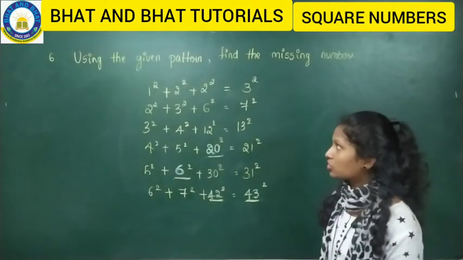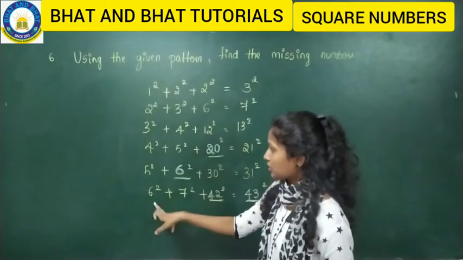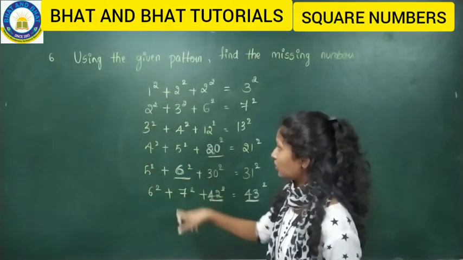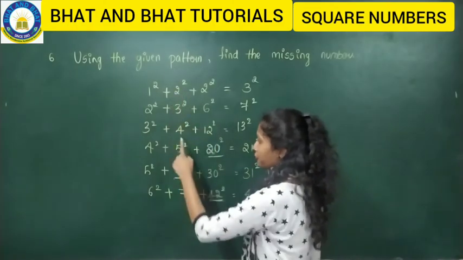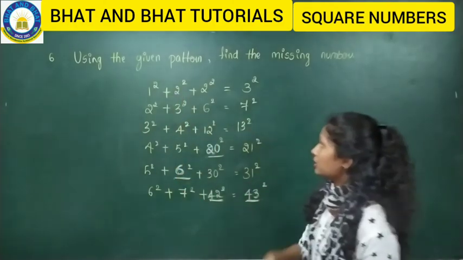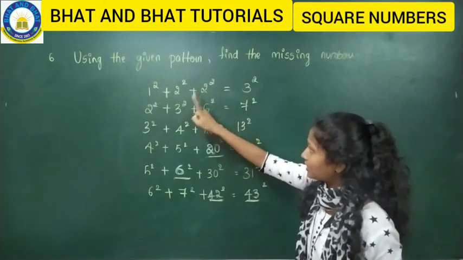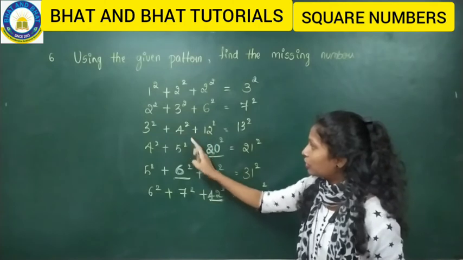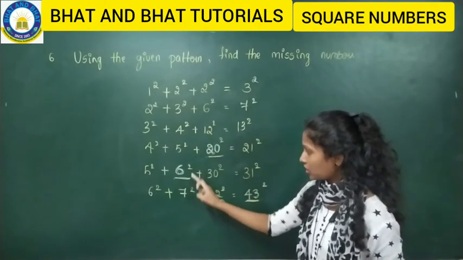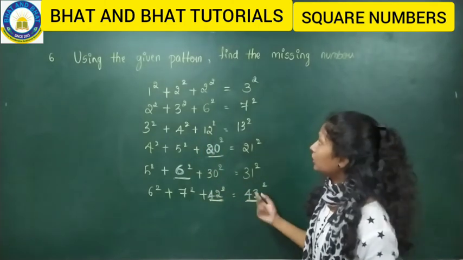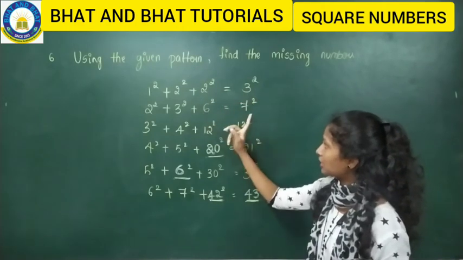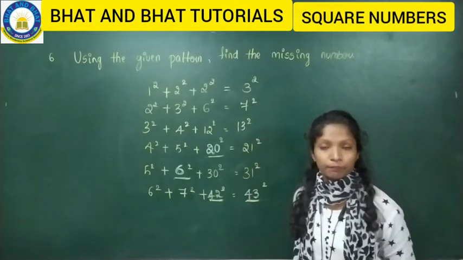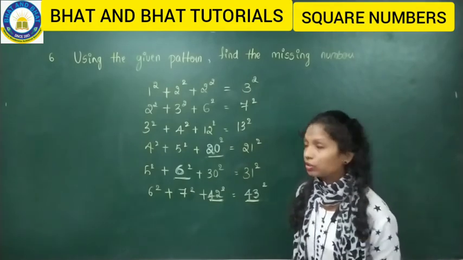So if you want to use the logic, the way to use the logic is see the numbers here 1, 2, 3, 4, 5, 6 and see the next numbers 2, 3, 4, 5, 6, 7 and see the next number. 2 as it is, first number as it is you will take. 2 threes are 6, 3 fours are 12, 5 fours are 20, 5 6s are 30, 6 7s are 42. And the next is after 2 it is 3, 6, 7, 12, 13, 20, 21, 30, 31, 42, 43. This is how you can use and you can solve the problem.